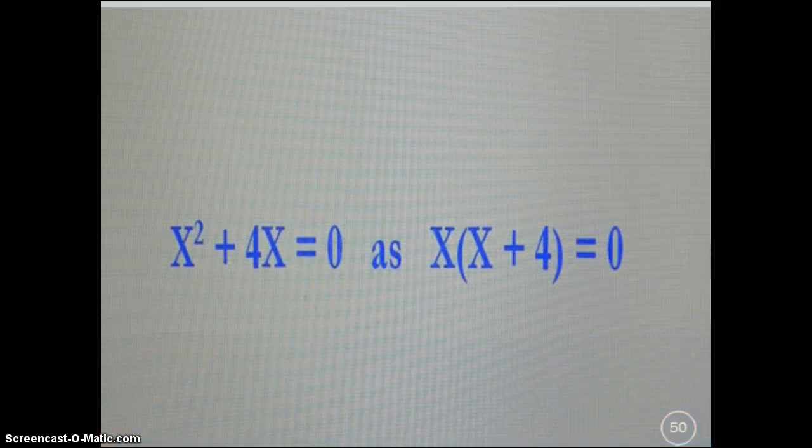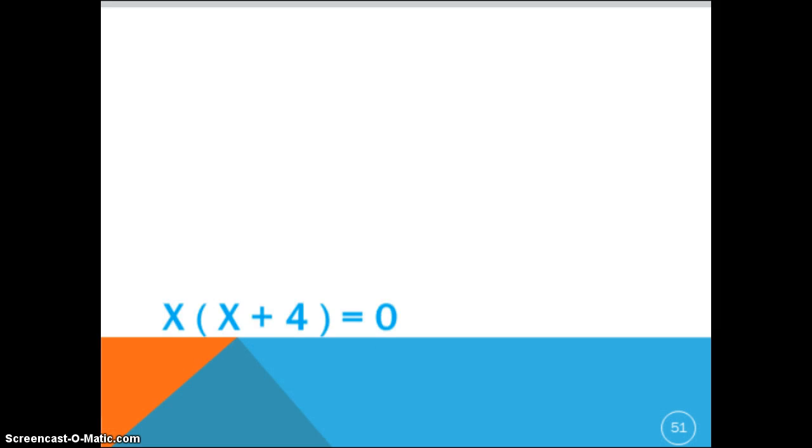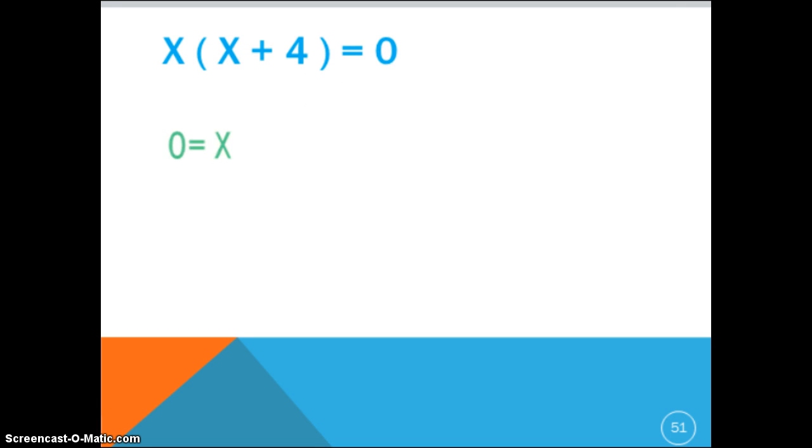Great! Just what does that get us? Well, it's like this. If you multiply two things together and get 0, then one or the other of the things must be equal to 0. So, in x times the quantity of x plus 4 equals 0, we know that either x equals 0 or x plus 4 equals 0. For the x equals 0 part, there's nothing to do. X equals 0 and that's that.